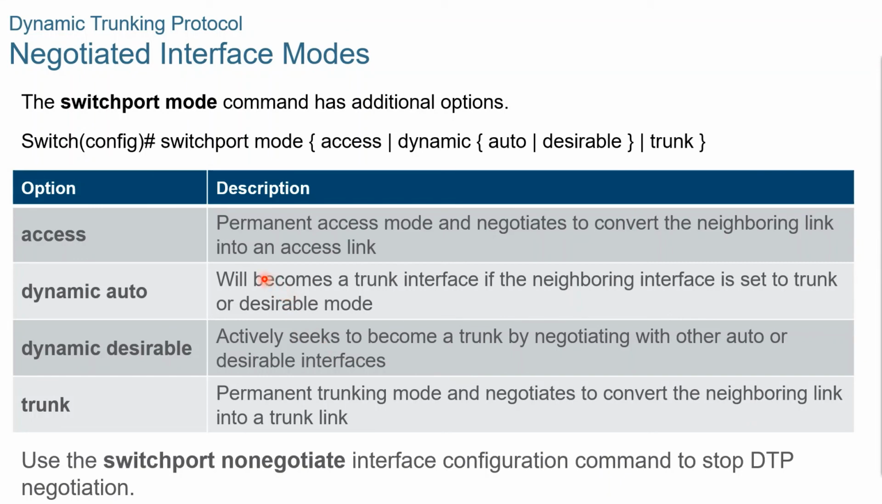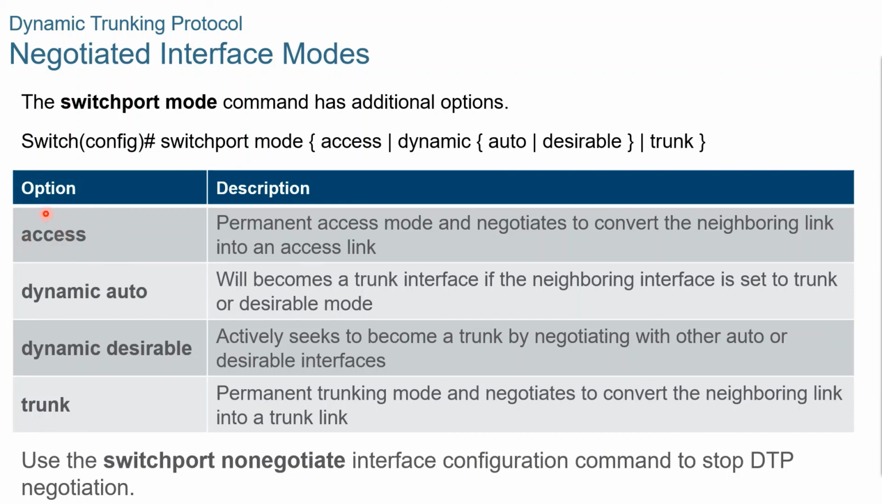Now, the switchport command has additional options for negotiating the interface mode. So the full command syntax is the following. Okay? So you're going to have switchport mode access, dynamic auto, or dynamic desirable, or trunk. Okay, now the options are described in the table. So access. Access means permanent access mode and negotiates to convert the neighboring link into an access link. That means if you are going to connect a computer or a workstation on the switch port, then it should